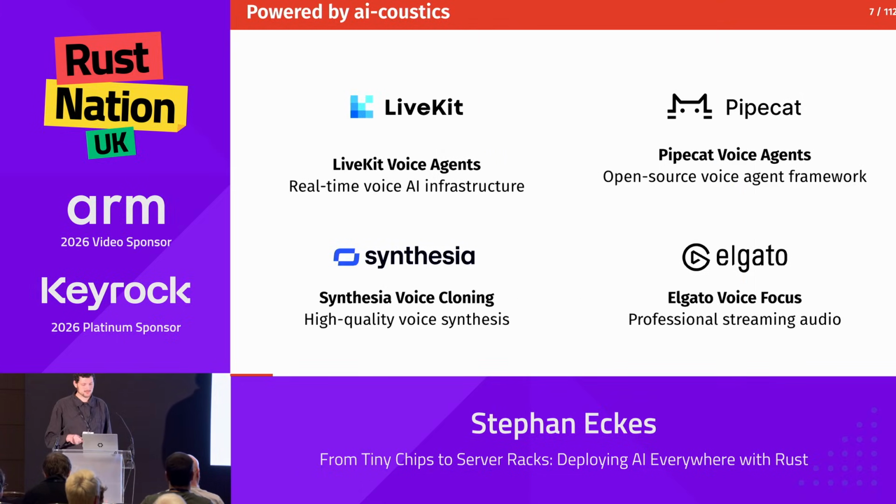And now we are integrated into LiveKit, for example. We are now their first-party plugin that you can just enable. LiveKit is used for a lot of audio pipelines and video pipelines. So we have another talk today here for a video chat app, or a screen sharing app. They also use LiveKit for this. Pipecat is another framework that you can build AI agents with. We integrated as well. And even stuff like Elgato, I don't know if you know the Stream Decks. They build microphones and webcams as well, and they use us as the technology for the microphones.